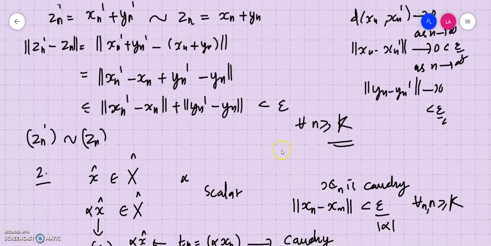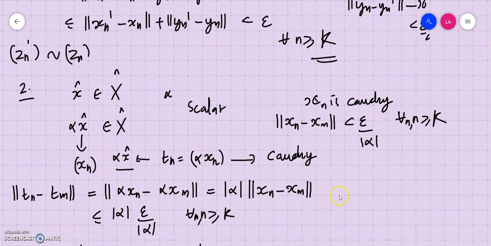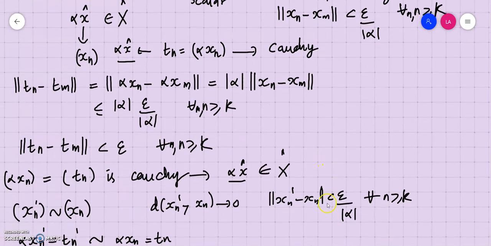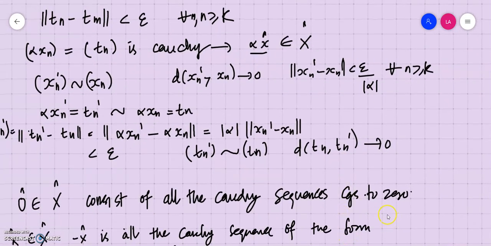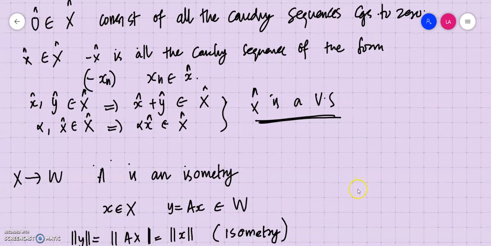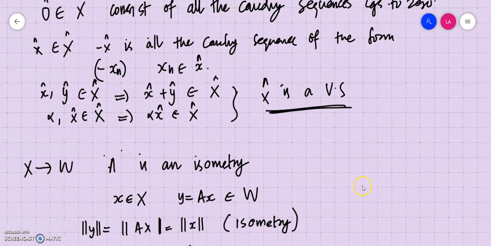And we have defined the zero element and the inverse as such. Since those properties have been satisfied, it can be stated as a vector space. So X cap is a vector space, and also our choice of Xn and Yn never affects the property at all. So we have established that also. Then after that, we have proved that it's a vector space. Now we have to show that it's a normed space. For that we have to define a norm.